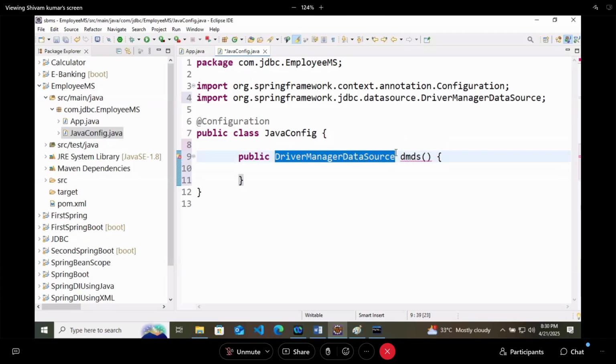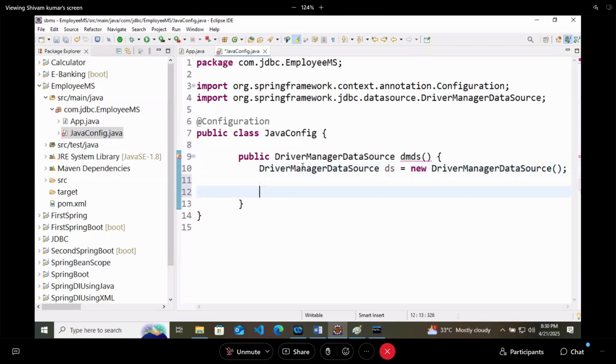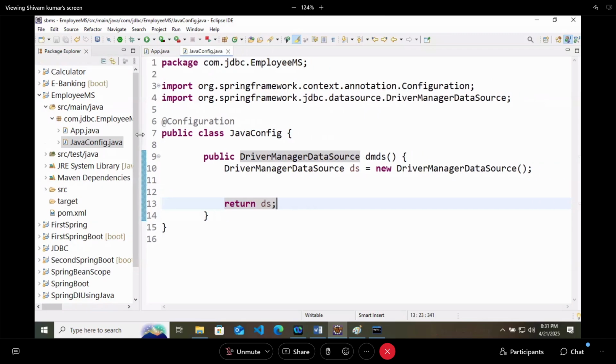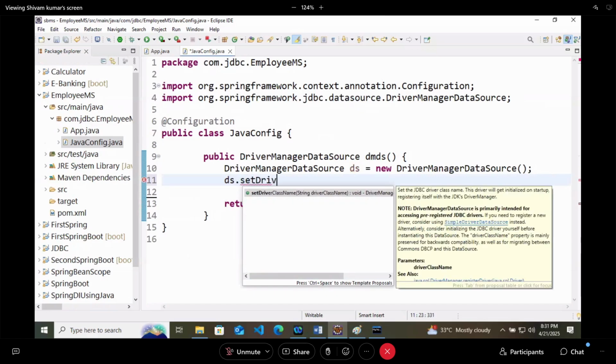Now we should create an object of the same class here. Created. And now we will return this connection. But for working with connection, we should give values as well. So ds dot setDriverClassName.